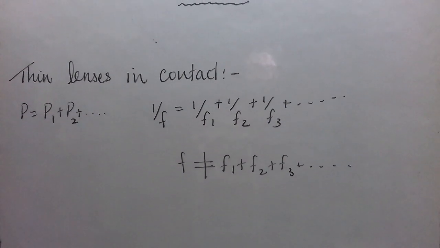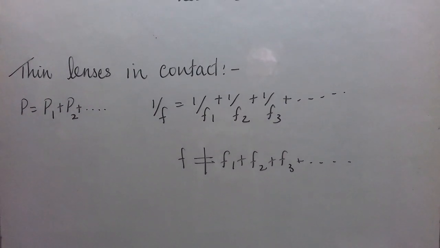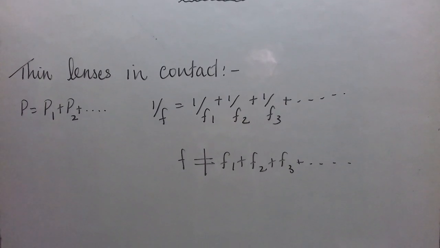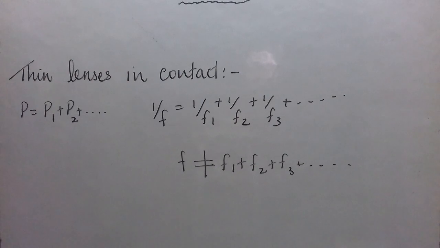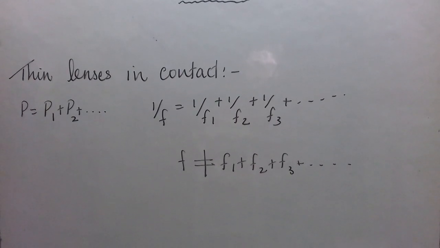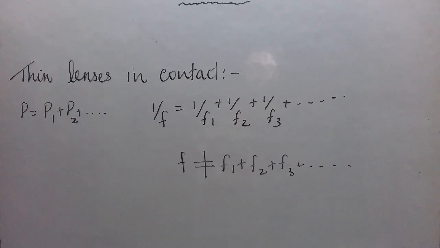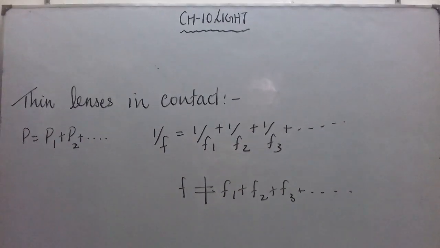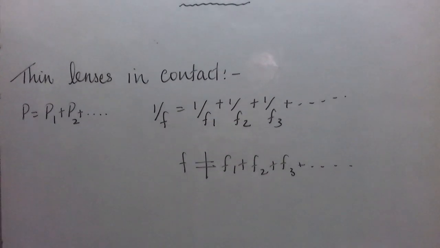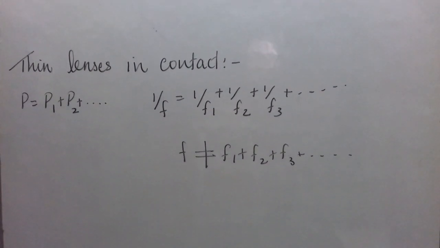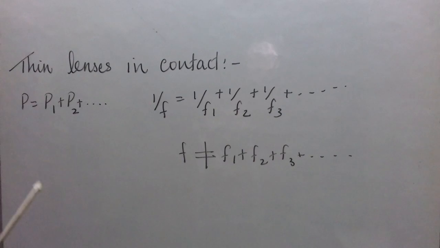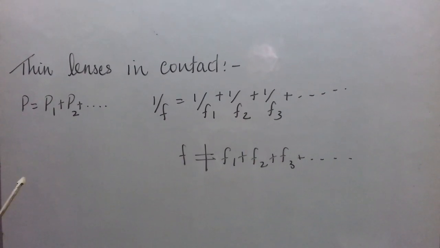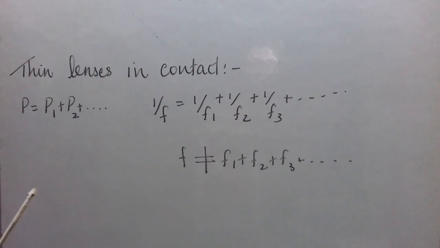Now with this we have covered the chapter on light of 10th class science. I hope the topics are clear to you. If you have understood all the topics, do revise them, because there are certain topics which require a lot of revision, like ray diagrams of concave mirrors, convex lenses, or mirrors and lenses. Do revise them and keep this chapter on your tips, because this is a very important chapter, and from this chapter numericals or ray diagrams always come in the exam.